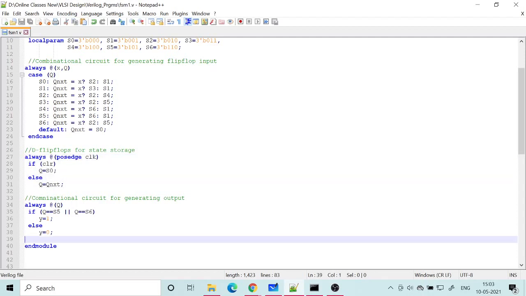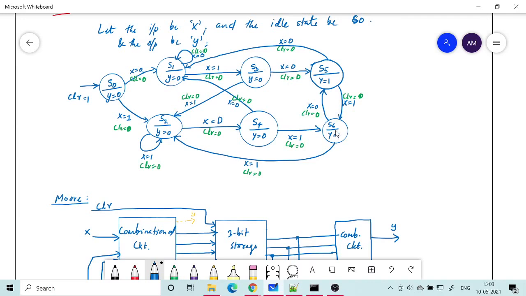And then we have a combinational circuit for taking the output. The output is 1 only under 2 cases. One is the detection of 101. I think S6 or S5 if you look back: S6 is detection of 101 and S5 is detection of 010.